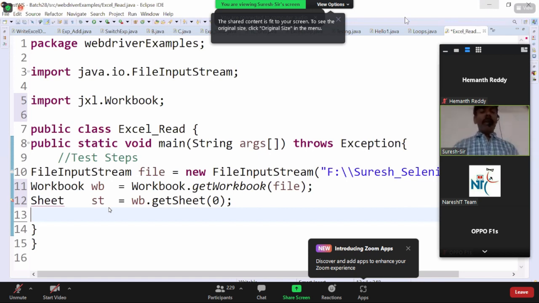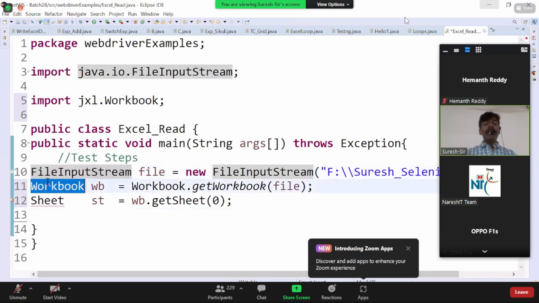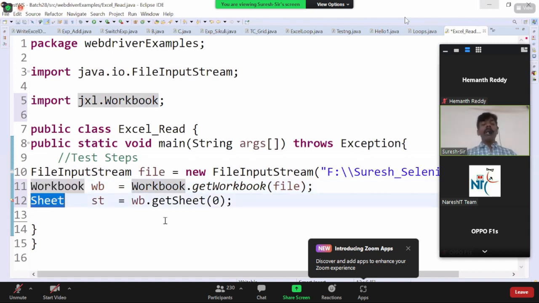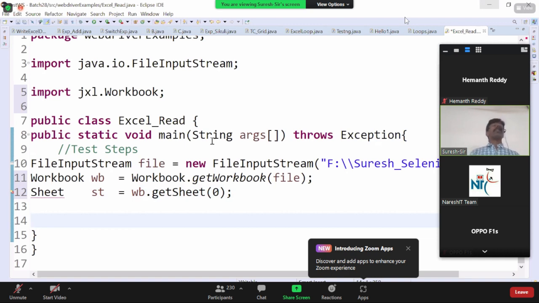Okay, now we have the file. From the file you take the workbook. From the workbook you take the sheet. From the sheet, what do you use? Get cell. From the get cell, get contents, and then